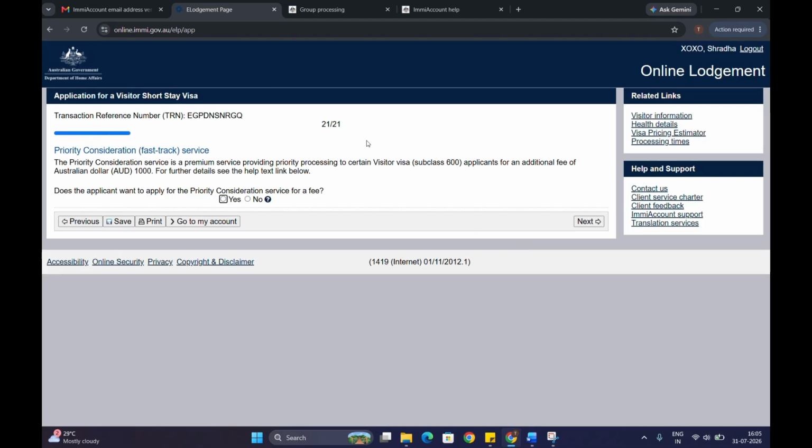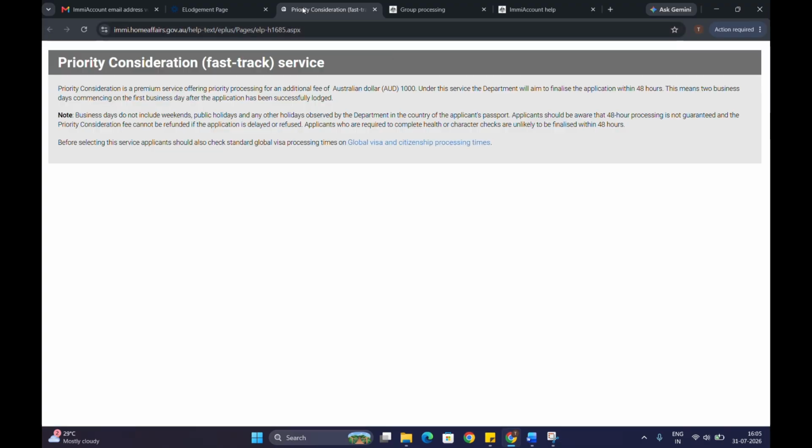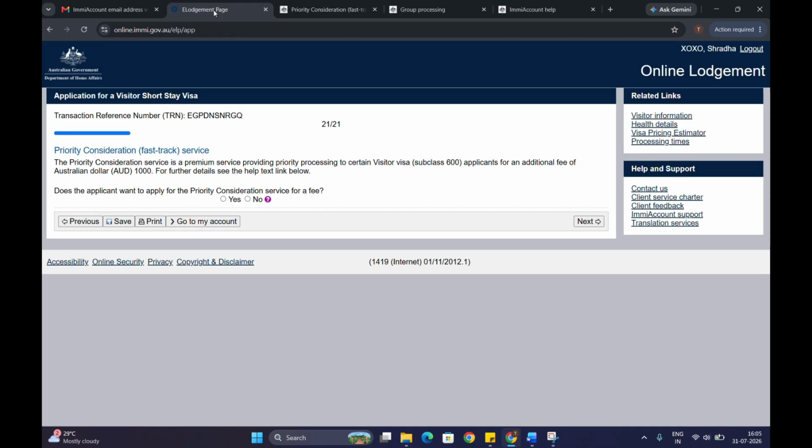Now on page 21, it is asking for a priority consideration, as in if you pay 1000 AUD additional, your application will be processed within the next 48 hours. This is more like the Tatkal service which we have for passports in India. Given I don't have to do that, I'll click on no and move ahead. The moment you click on next, you go